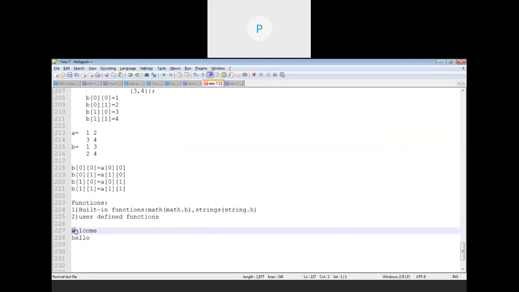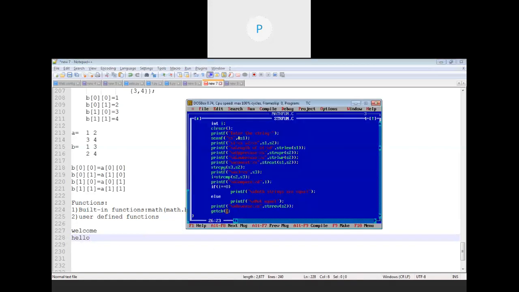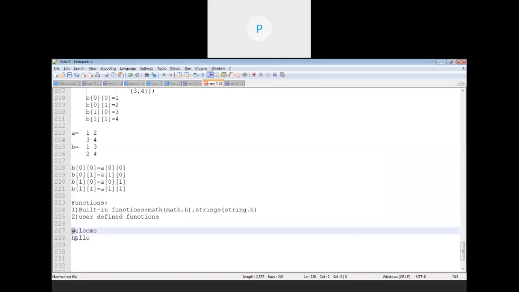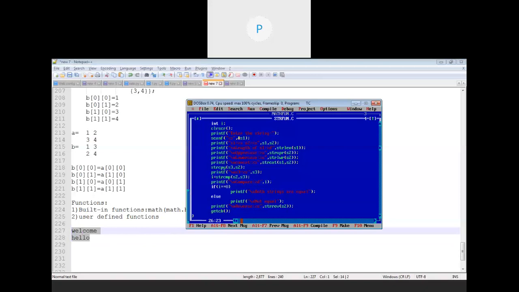Then it will subtract the ASCII value of W from the ASCII value of H. After subtraction, if we get 0, then only it will compare the further characters. But if I get a value other than 0, it will simply return that value and store it within I, and that output will be displayed. So if the first character is matched, then only it will check the second, then third, likewise. And if for the whole string it returns 0, then only we can say the strings are same, else they are not equal.